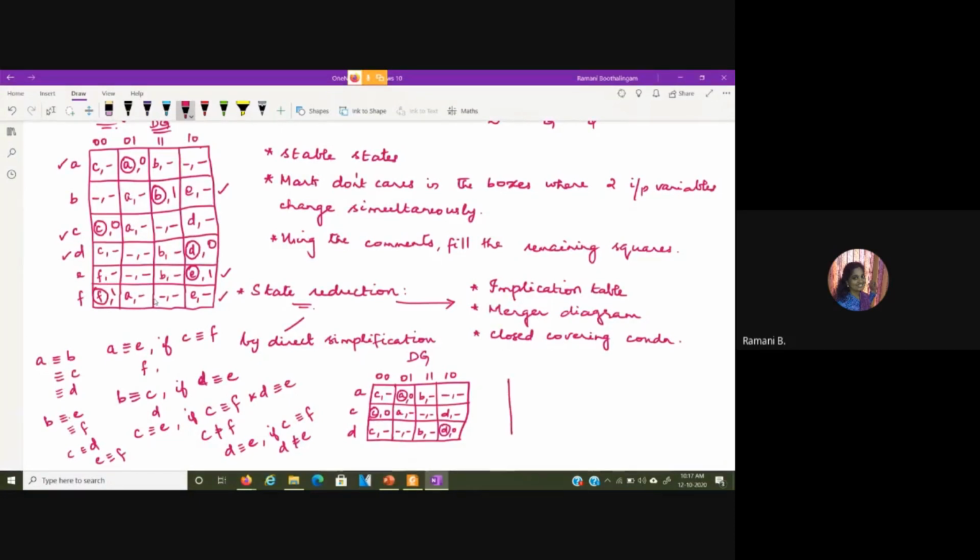And for B, E and F: dash comma dash, A comma dash, B comma 1, E comma dash.